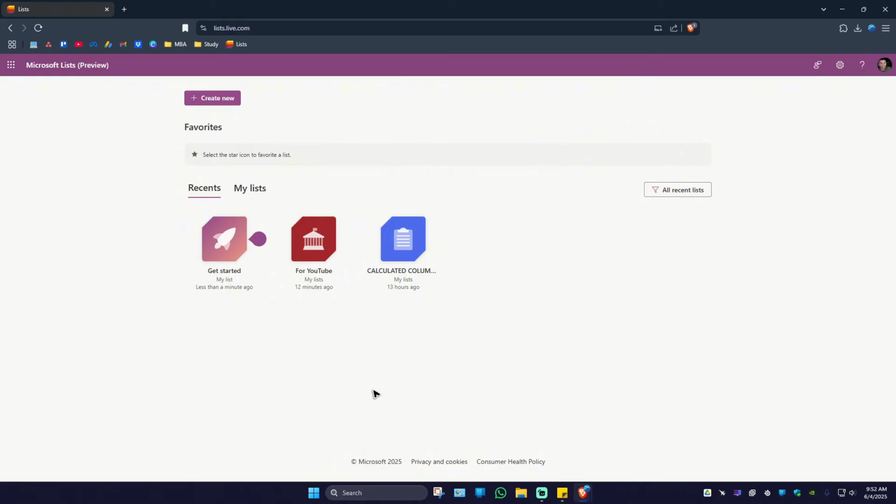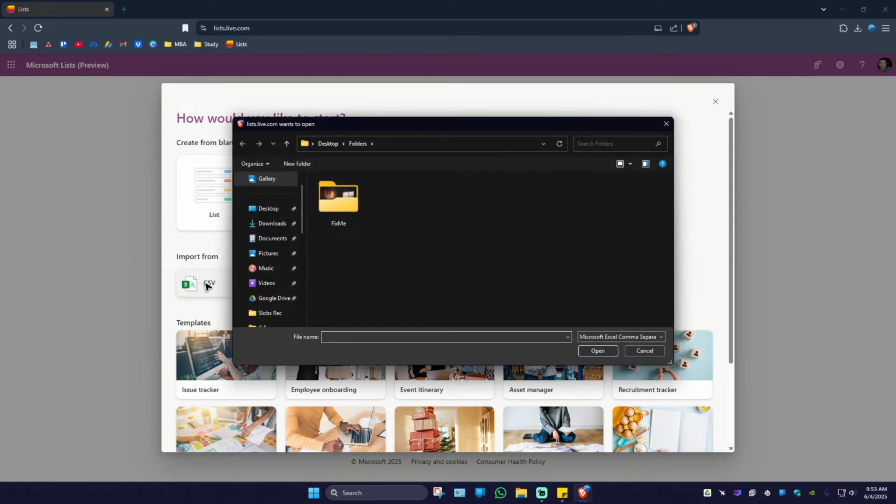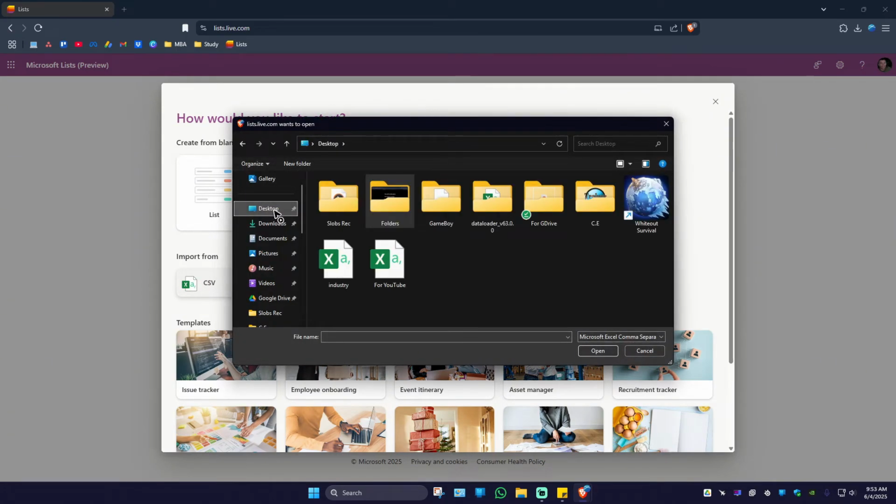Now what I'm going to do to import it is just go ahead over to List once more. Now I'm going to go ahead and create a new list. Hit on create. And then here we have the option to import. As you can see, just click on CSV